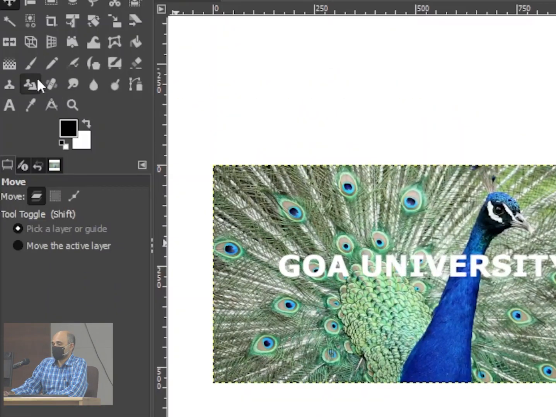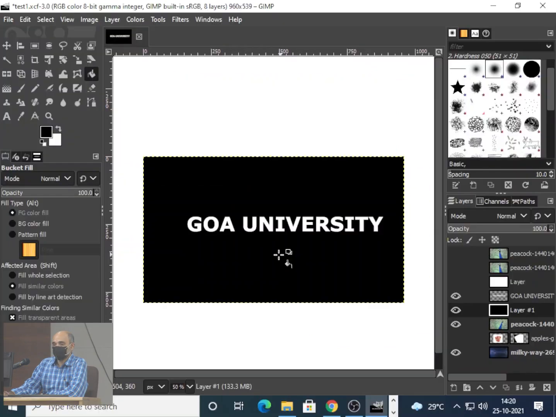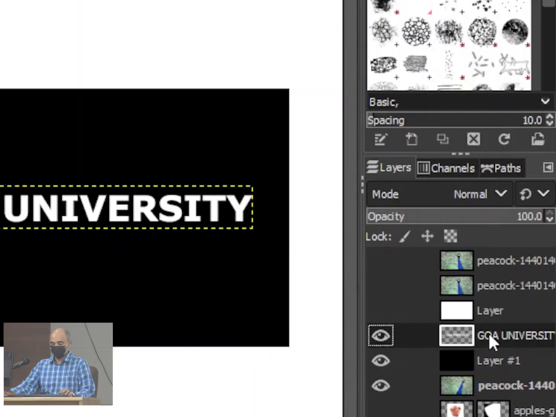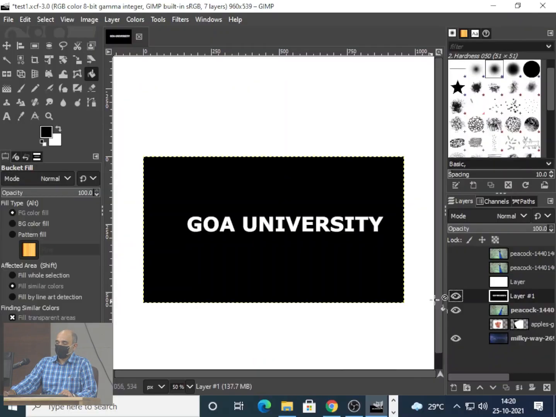I need a black layer, so I'll select it. So this becomes my mask now. Is this not my right mask? So you have to learn how to make a mask. This is a mask now, right? So whatever is in white will be shown, whatever is in black will be transparent.